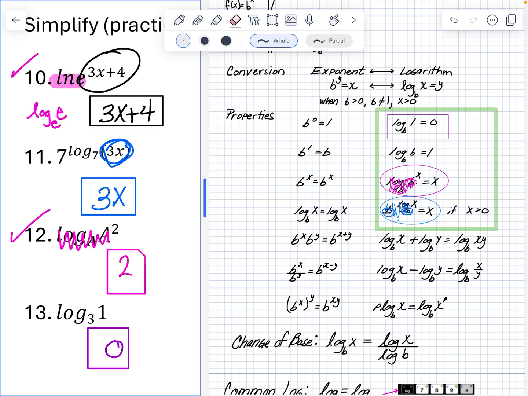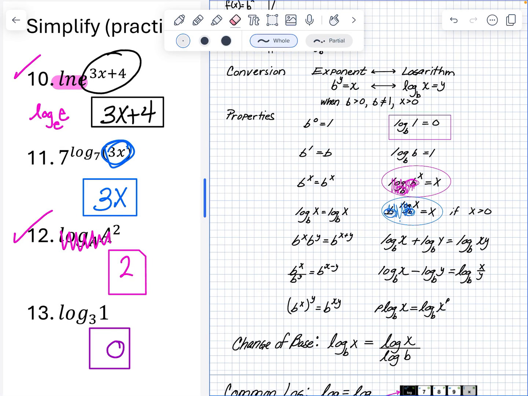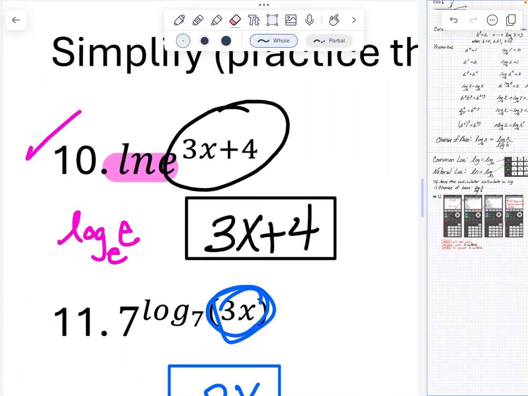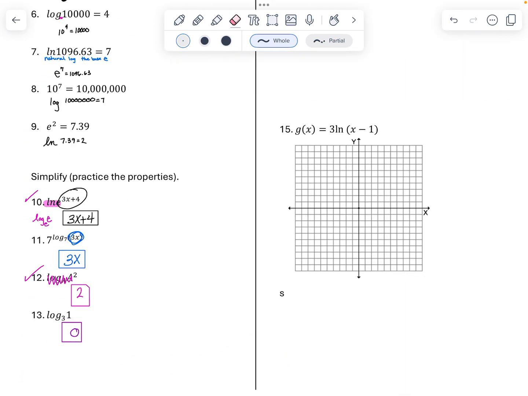Okay, now that we've done all that, let's look at the graphs. Sorry, I'm going to undo all this writing on my notes so that they don't show up like that in your Canvas. All right, so